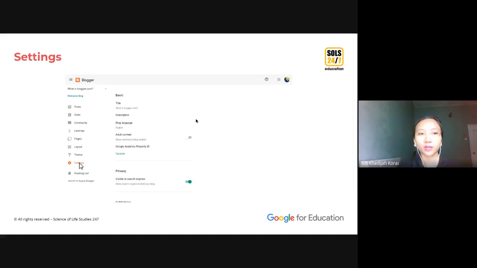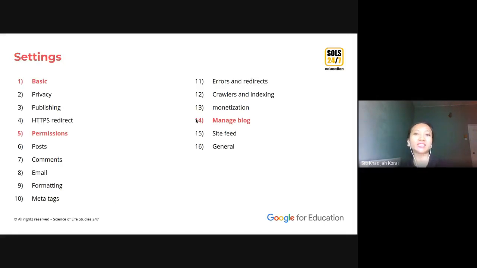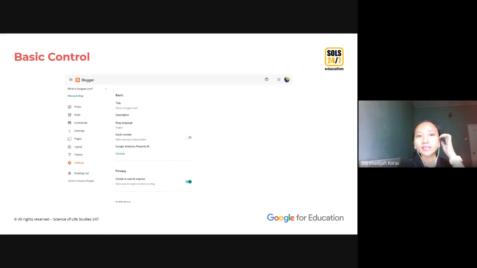So now we are going to have a look at the settings. Okay, if you click on settings there are 16 parts that you can control. But for today, I'm going to explain only for basic, permission, and also manage block. I'm not going to touch everything. So I'm going only to touch the basic setting, the permission setting, and also the manage block setting. So for the basic control settings,